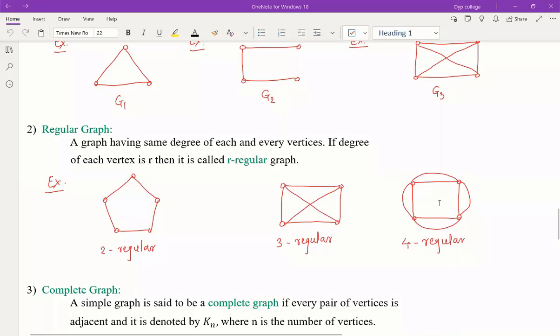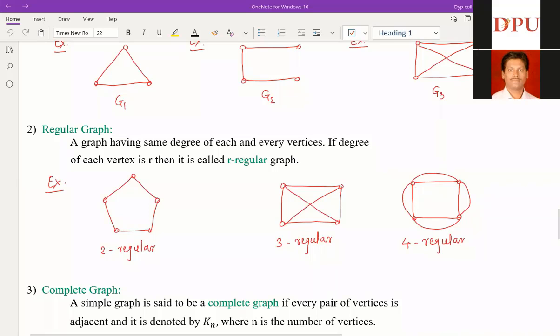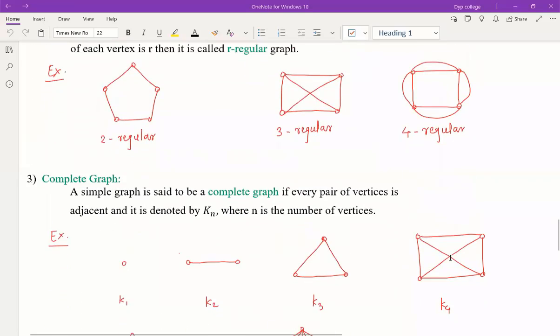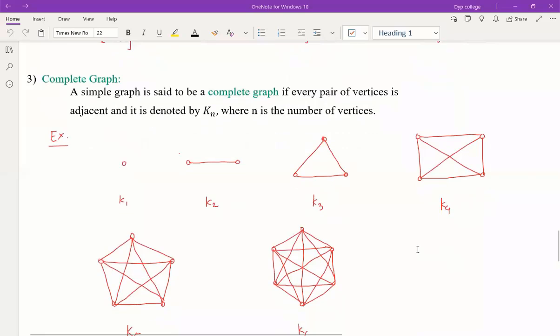Similarly, in another example, there are 4 vertices again, but the degree of each vertex is what? 4. In the last example, the degree of each vertex is 4 here. 1, 2, 3, 4. So every vertex has a degree 4. So that's why this graph is called a 4 regular graph. Right? And the third type we discussed, the last type we discussed in the last lecture, is a complete